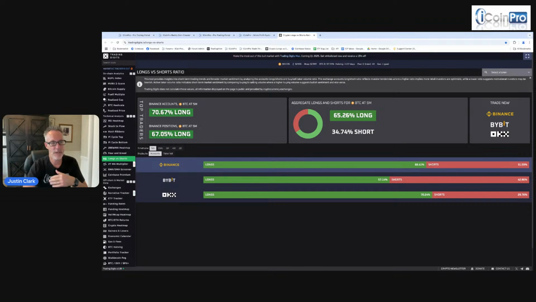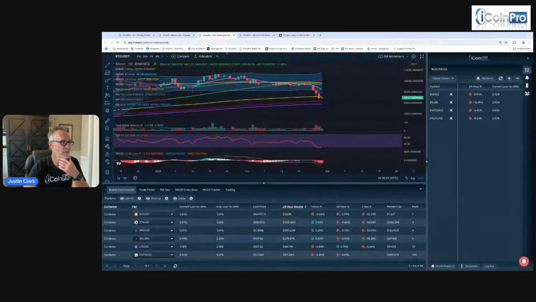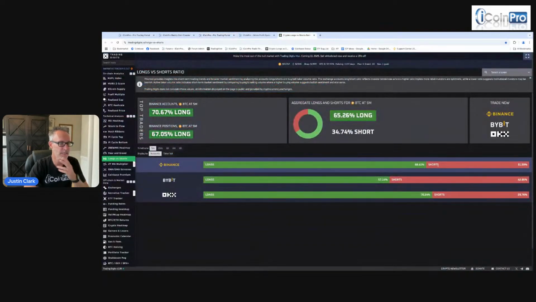And that means that we're going to get a more dramatic drop in price as all these people betting Bitcoin's going up get liquidated en masse and the price drops more dramatically. So we're not as concerned about that until we're over 70%, but that can happen pretty quickly in setups like this, especially with this momentum building up. So we've got to keep an eye on that. If that shoots back up over 70,